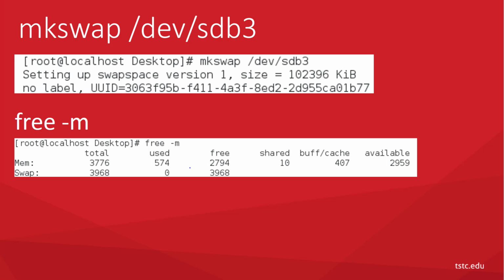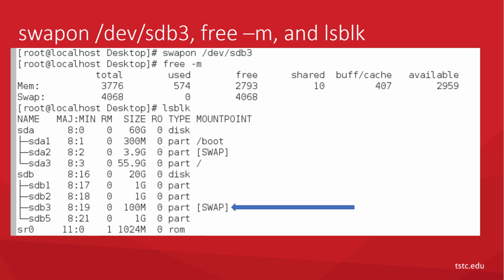Now let's run the command free -m, which shows us the amount of memory and swap you're using. You'll notice that we still only have our original swap space showing, and that's because we need to run one more command to activate it. The command we will run is swapon /dev/sdb3. Then we can run the free -m command again and the lsblk command again to show that it has been